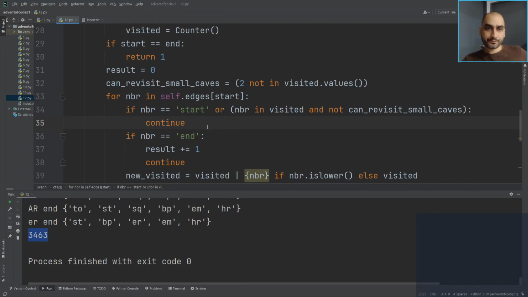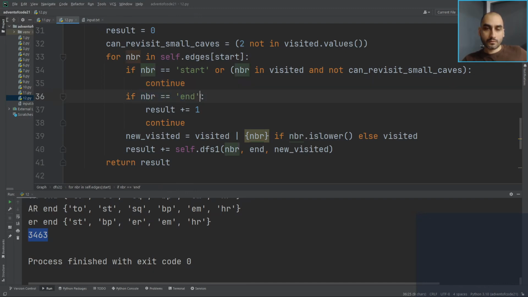Okay. This ends that. Okay, and then here, new visited equals visited. So we don't do that. We say if it's lower,